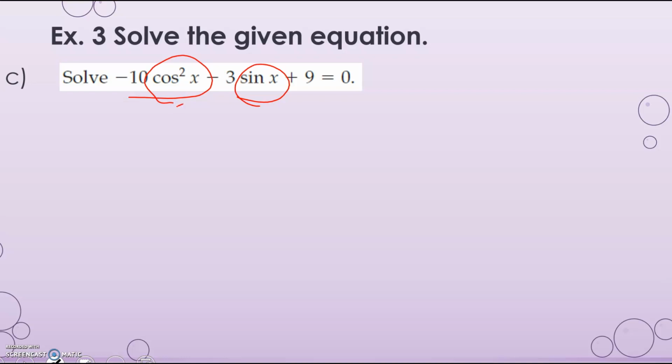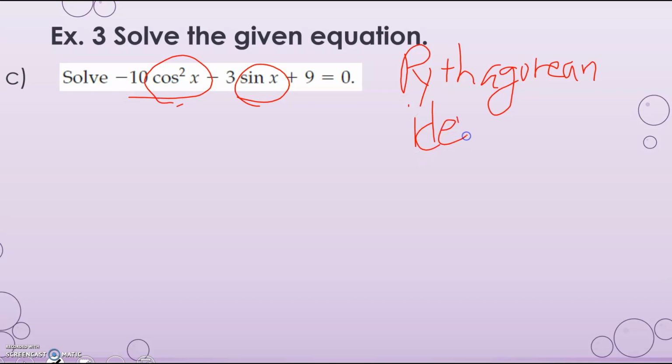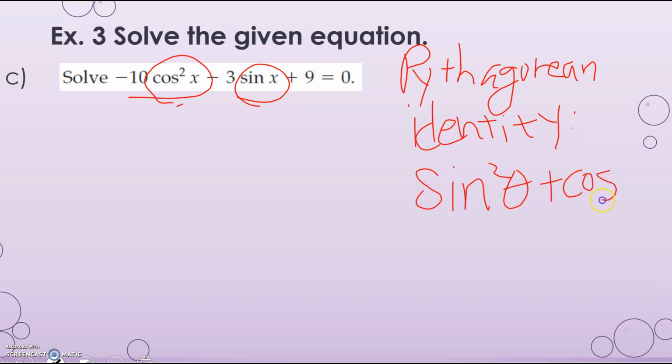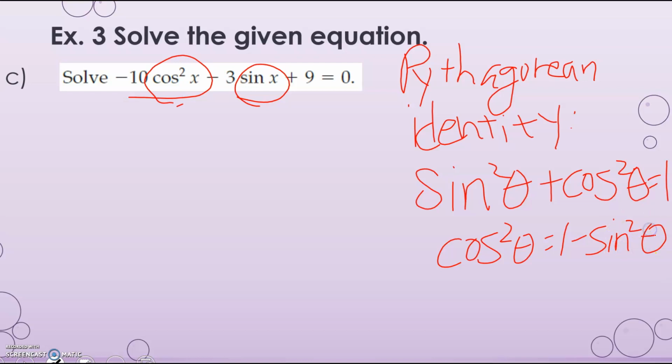Anytime we're going to be using a Pythagorean identity, you do have to communicate that on the side. So here we go. Pythagorean identity. The one we're using is sine squared theta plus cosine squared theta equals 1, which in this case is cosine squared theta equals 1 minus sine squared theta, which then I can go back and replace. So I'm going to get negative 10 times 1 minus sine squared x, minus 3 sine x